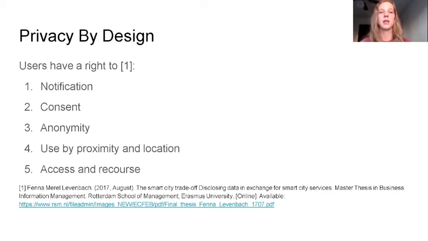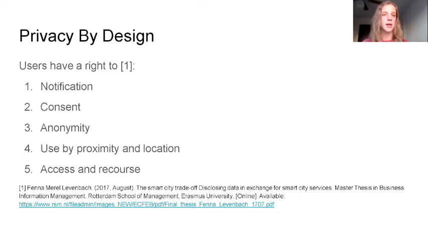The second concept is the right to consent. Users have the right to opt in or opt out of data collection. This is difficult in smart cities, but could be integrated into publicly passed laws or an opt-out basis. The third concept is the right to anonymity and pseudonymity, which is a high priority in many previously discussed plans.